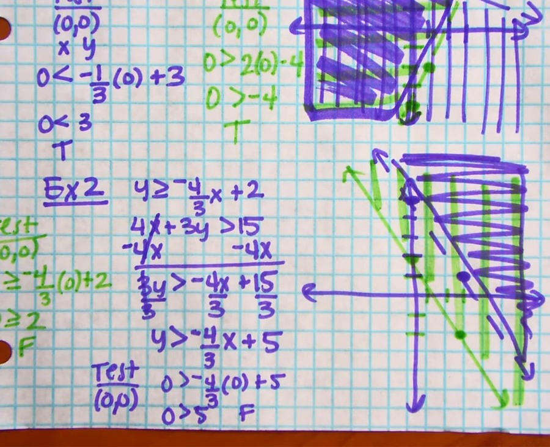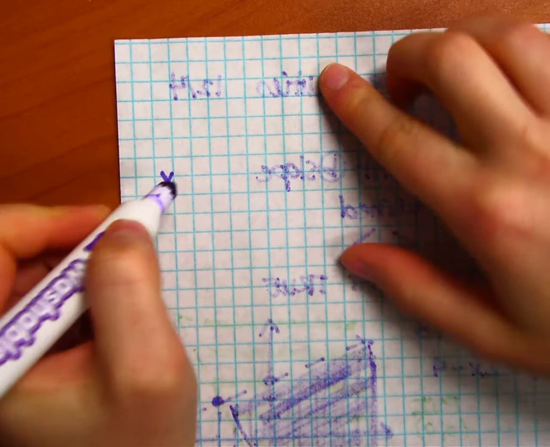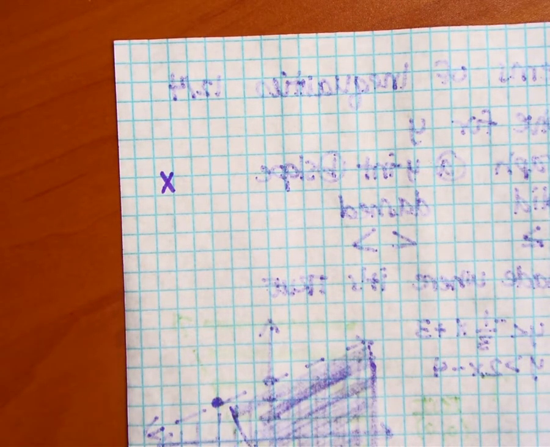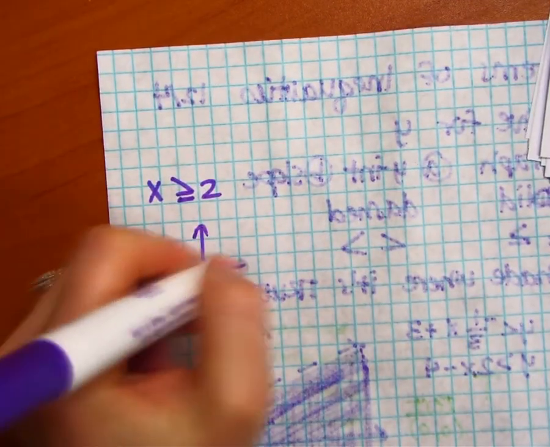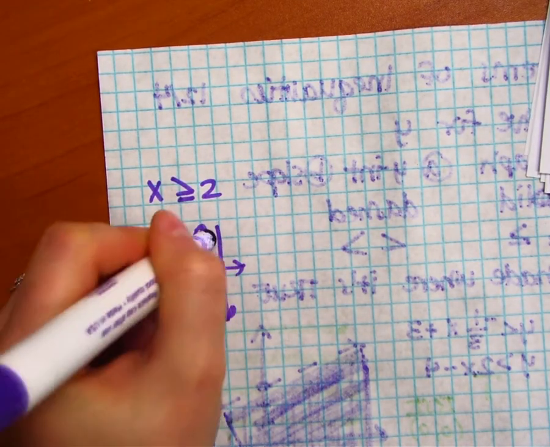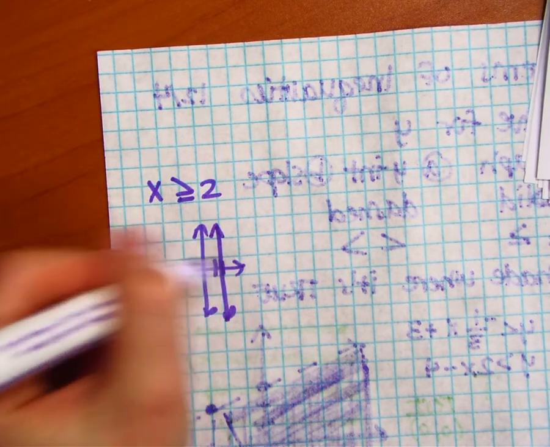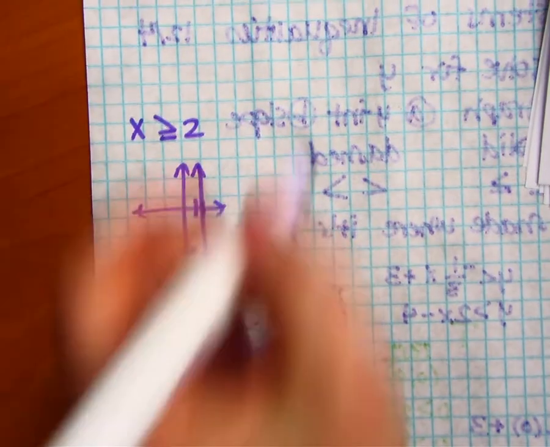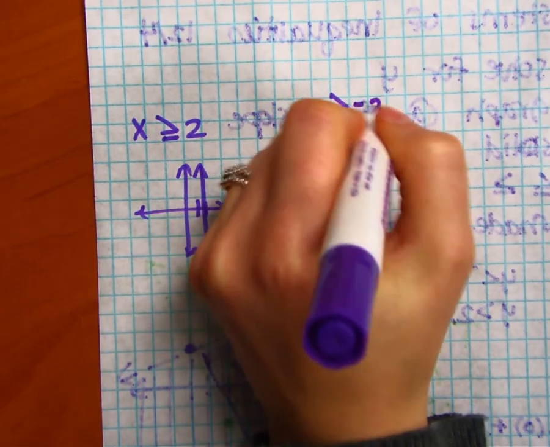Alright, and before I conclude the video and give you further instructions, I want to mention that if you have x and then some symbol, could be less than, could be greater than, where'd it go? There it is. If you have x is greater than or equal to 2, as an example, this is going to be a solid line, but at positive 2, it'll be a vertical line at positive 2. Okay? And then you have to figure out and test a point which side of that vertical line do you shade. If it was a horizontal line, say y is greater than or equal to negative 3,